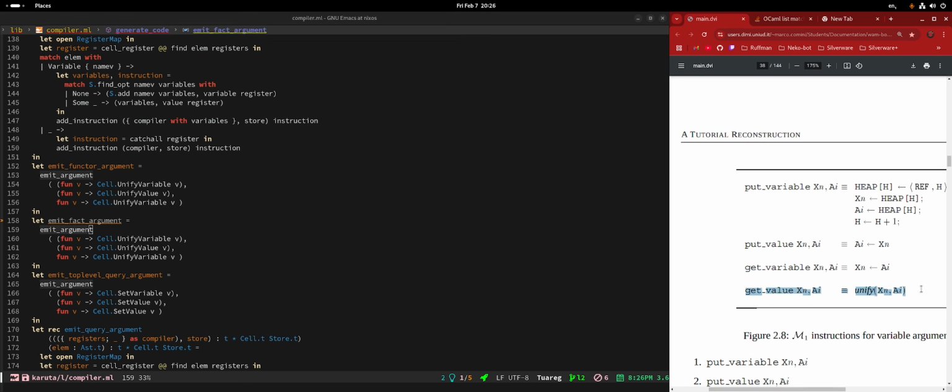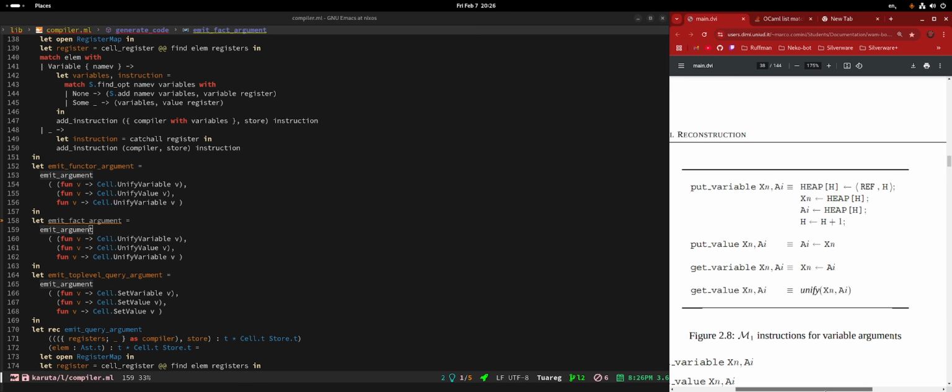Oh, it calls unify. We can't cheat then. Get value calls unify, but what was the other one? The other one was put variable. Yeah, but that's for queries though. This is not a query. This is a fact. Yeah, no, but the other one that we were discussing last time was put variable. That's what I remember.